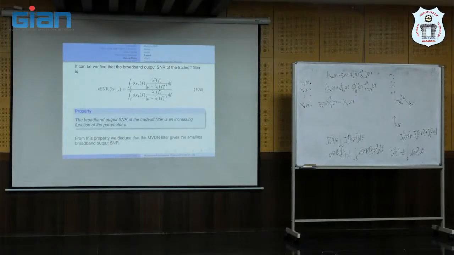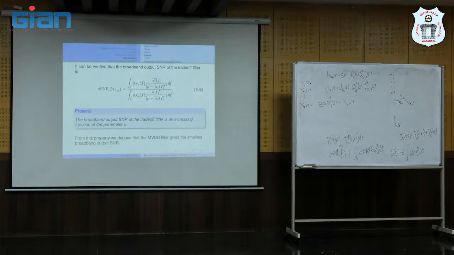It also, we can prove, it's nice to prove, because everything that we do here is with the narrowband, but we can prove that the output SNR, the broadband output SNR, is an increasing function of mu, which is nice. Something that you need to prove, to think about. Some things are also maybe simple, some are less simple, but it's possible to prove that. So intuitively,